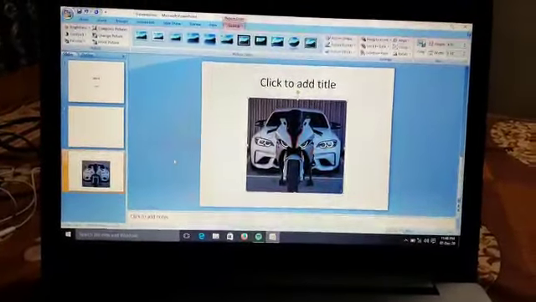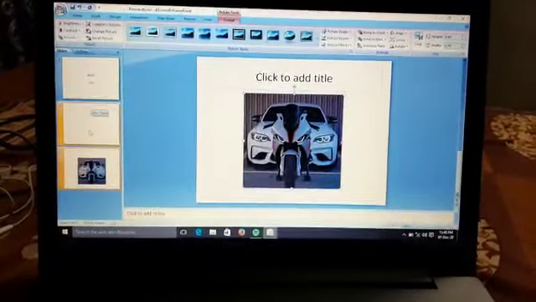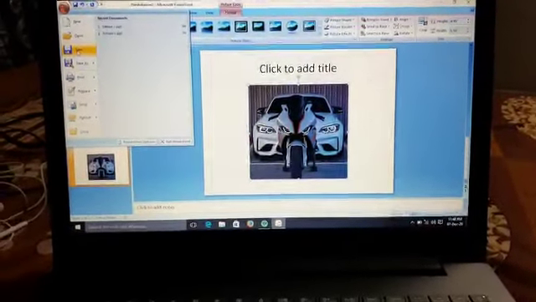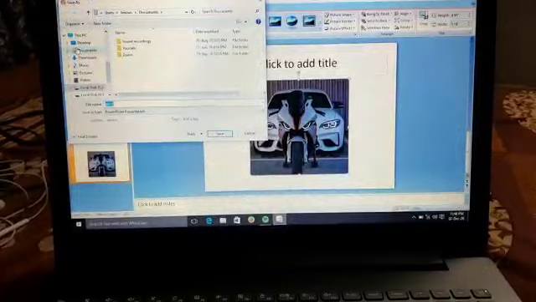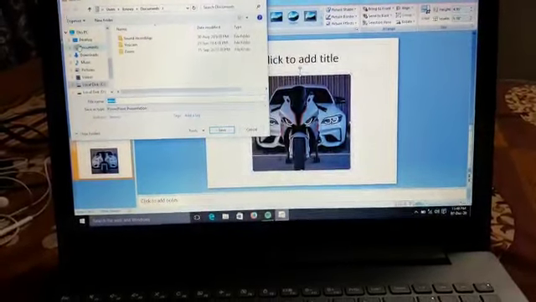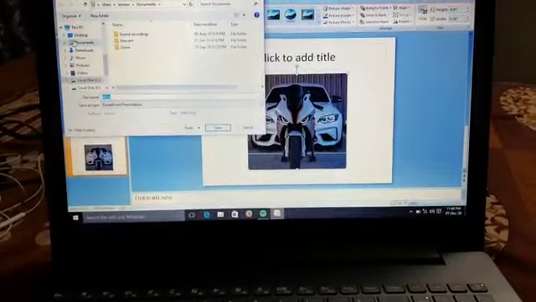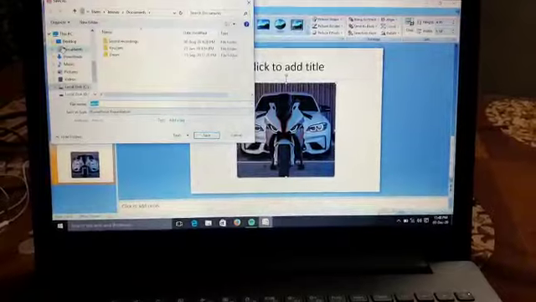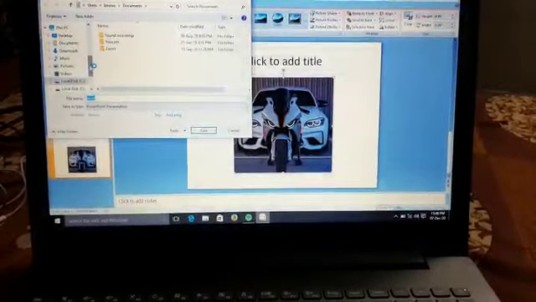Now coming to the next topic, saving a presentation. Click on the File tab and select the Save option. You can also click on the Save button on the Quick Access Toolbar. The Save As window will appear, like you see it has already appeared on my screen. Select the Browse option.